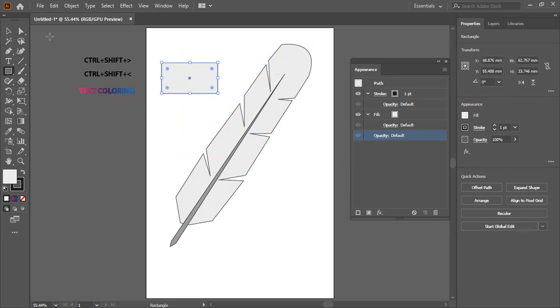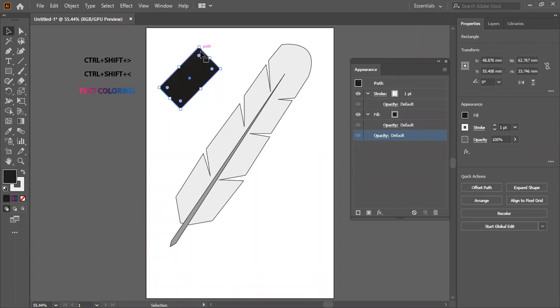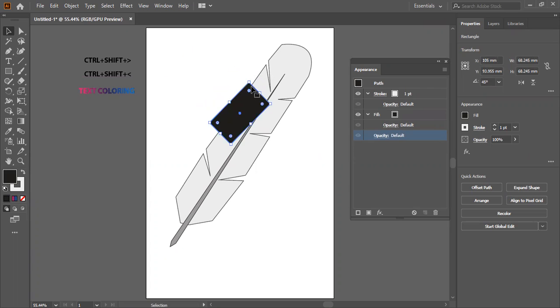Okay. Here also there is something that you need to learn. I'm going to do something like this. Okay, that is black in color. And how did I do that? By pressing Shift X, just exchanging between the colors of stroke and fill. Okay, so here, remember this anchor point makes up